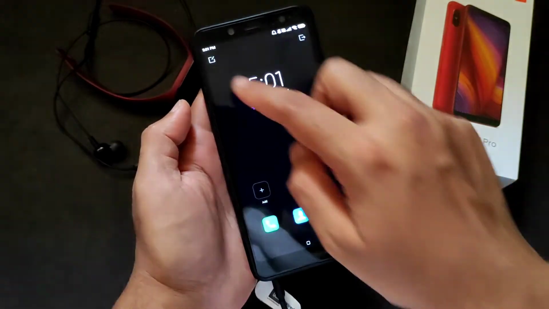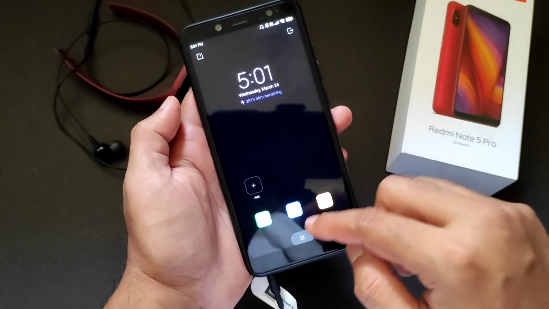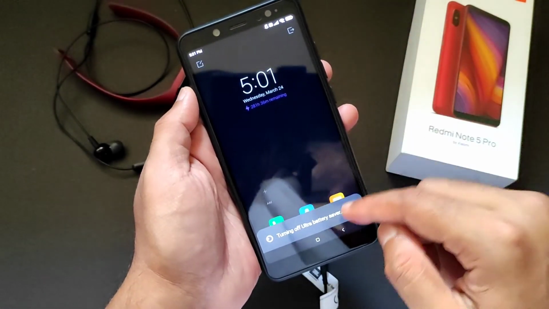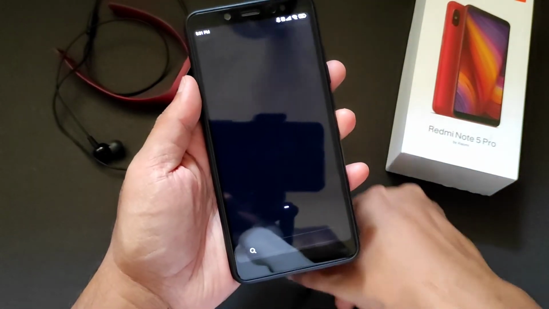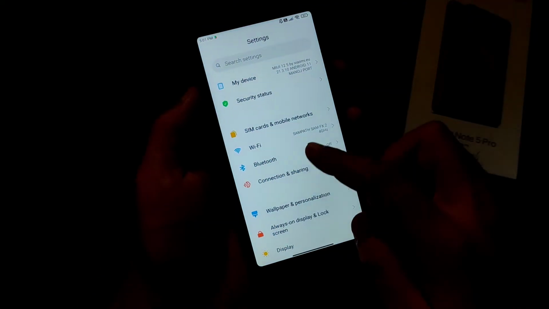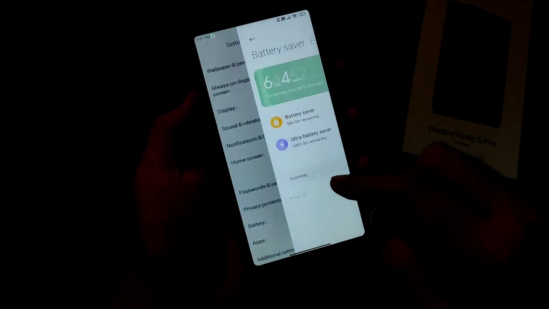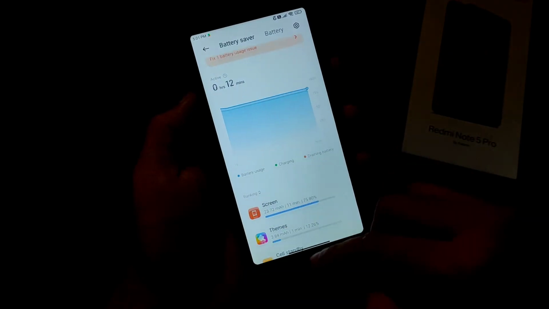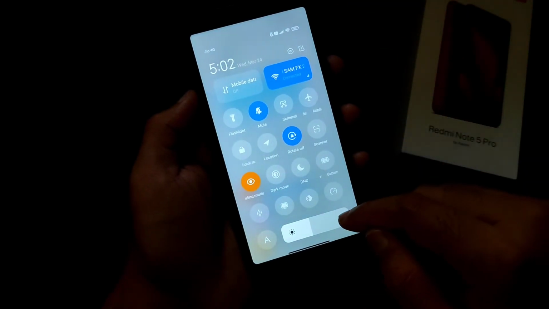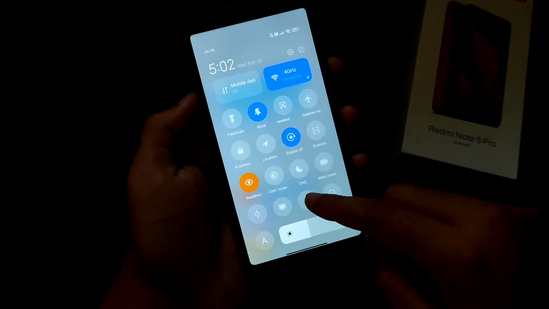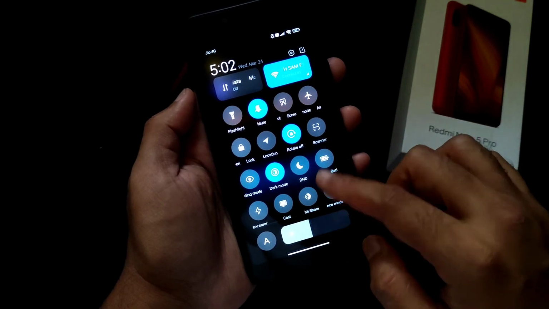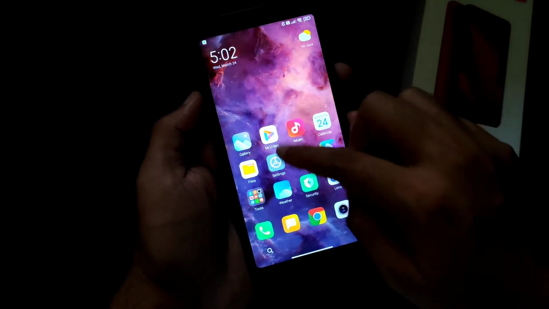And if you want to come back, let me choose here. You only get these kind of apps, and from here you can come out from this ultra battery saving mode. Now back to normal mode. And this is the battery saver, and this is how the new look, and you can choose here reading mode and even the dark mode from the quick settings. It is a little bit colors type. Anyhow, you can apply themes to change even more further.